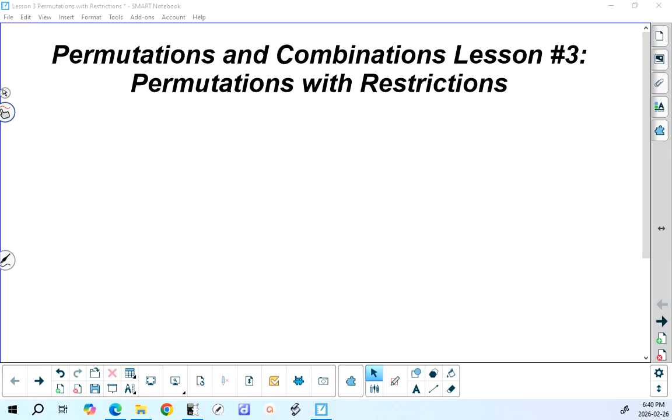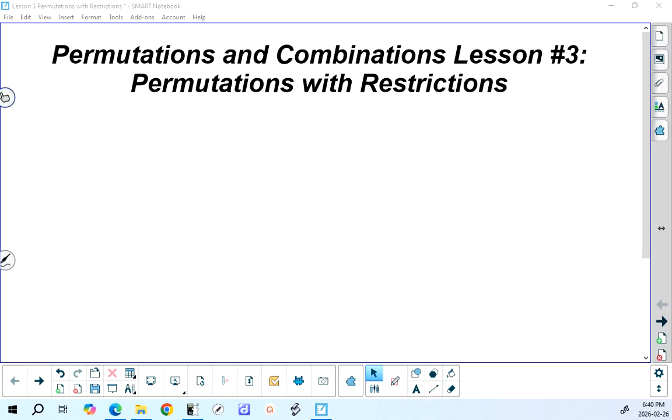We're continuing on with Unit 2, which deals with permutations and combinations, or what we sometimes call counting methods. And we're looking at Lesson 3 today, which is titled Permutations with Restrictions. There's nothing really new in this lesson. What we want to do is just get more practice dealing with permutations, which are arrangements, if